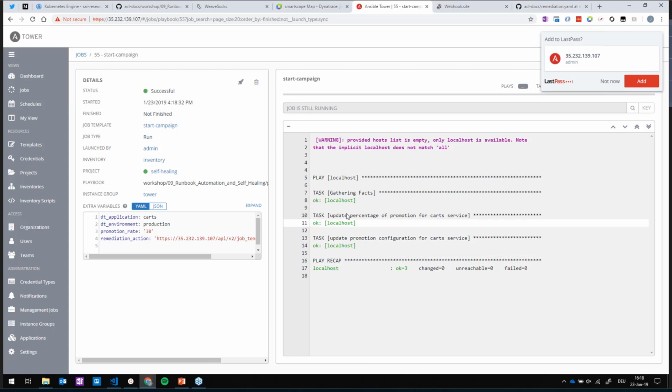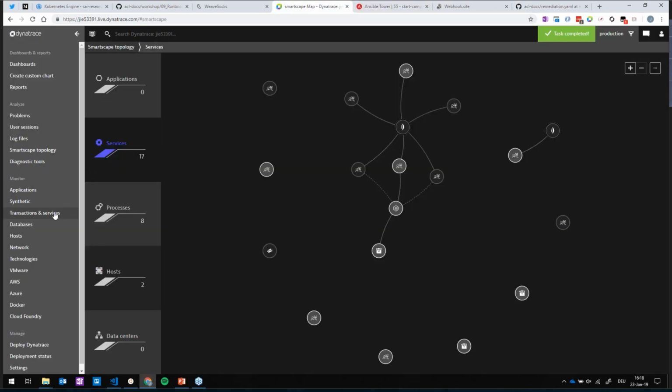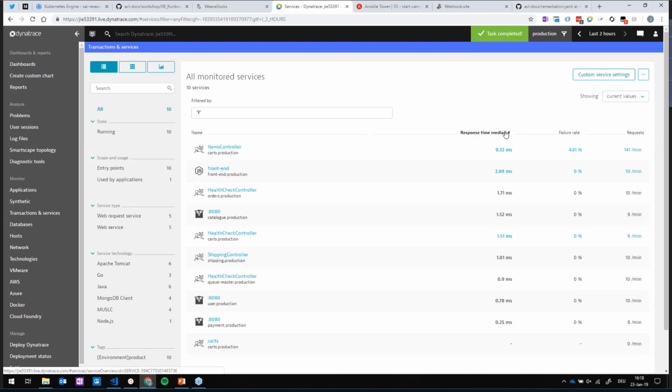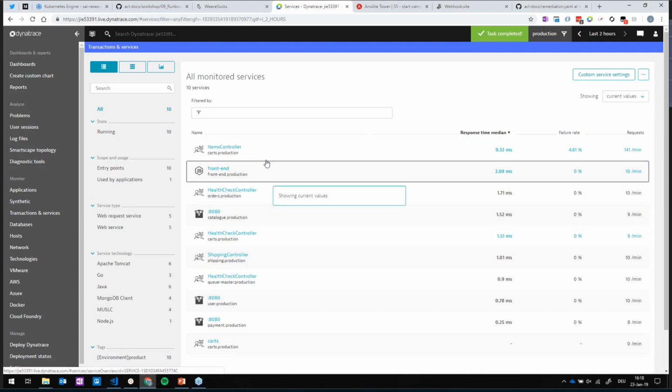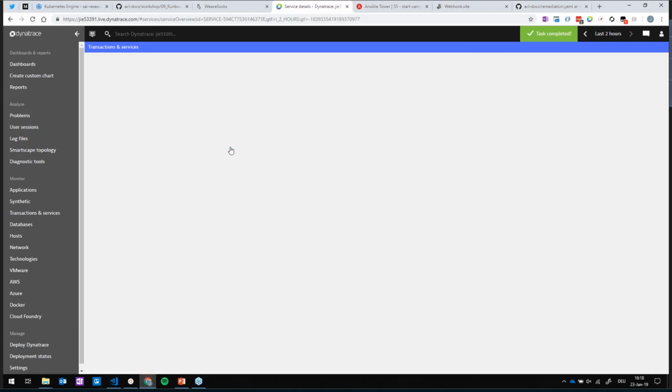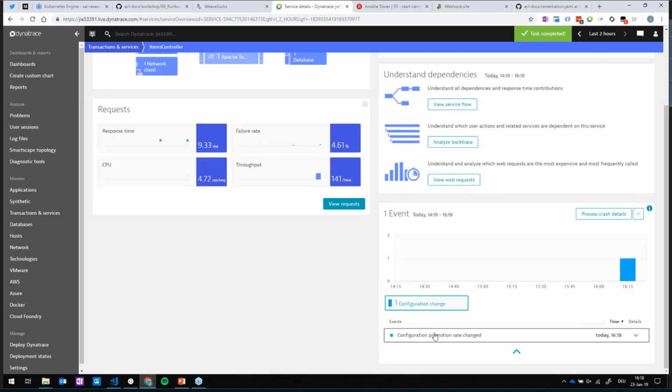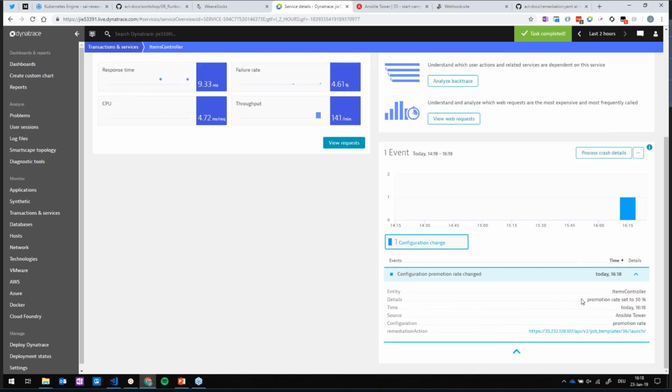So we can see that this playbook was successfully executed. We can see it was first gathering some facts and then updated the percentage of promotion. Actually, we can also see this in Dynatrace. So if we go to the cart controller, we see there is a little bit of requests coming in. So it's all me and my little load generator. And I can see there is one event. So we have made just one configuration change, and we can see it perfectly here that we have set the